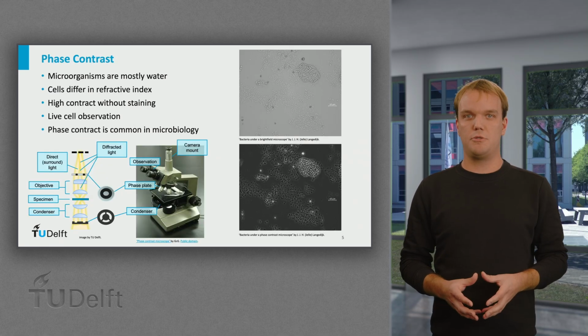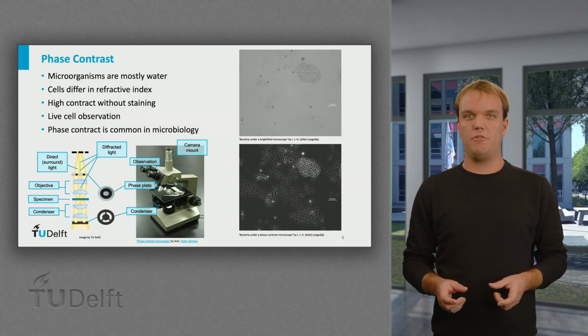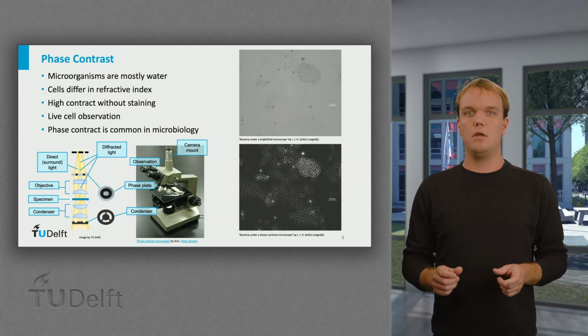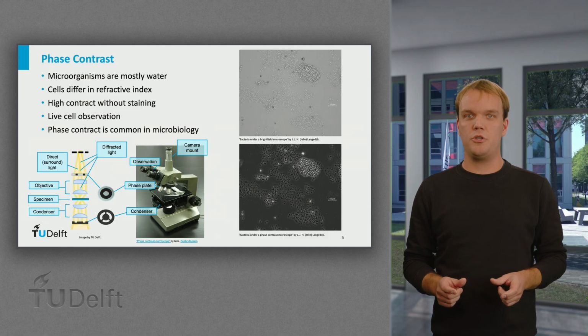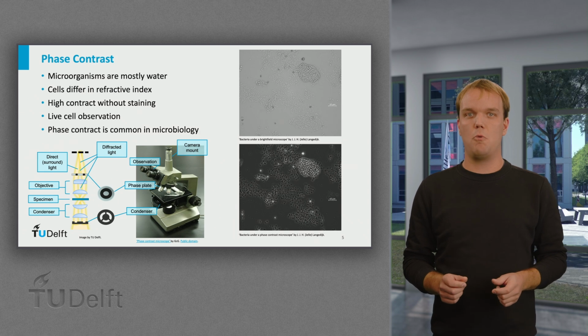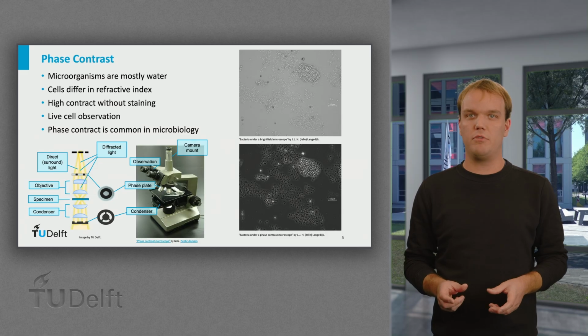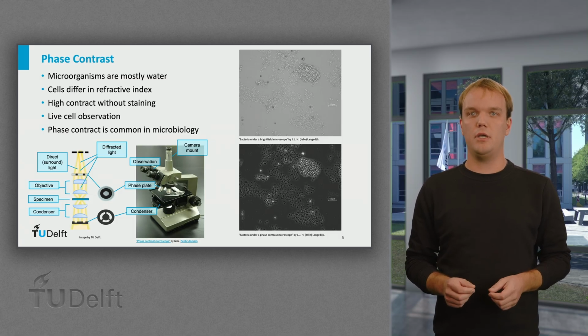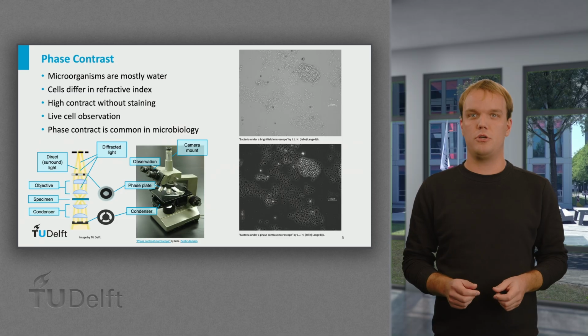To overcome the issue of transparency, we can use a phase contrast microscope. This technique converts small differences in refractive index, basically differences in how much the cell bends the light, into visible differences in brightness. Because microorganisms contain internal structures with slightly different optical properties, phase contrast produces clear images without staining. This makes phase contrast ideal for viewing live cells, tracking motility, or observing changes over time without killing or fixing the sample. Phase contrast is extremely common in microbiology and is often the first choice when assessing cultures in their natural state.